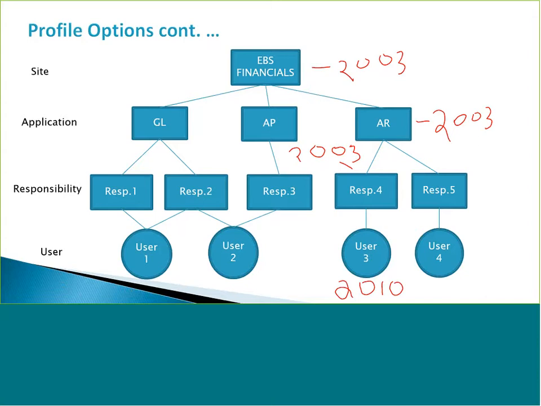Then this user will not be able to use that function, maybe the journal wizard, because the profile option that has been defined is 2003 and they have 2010, right? So maybe to make this example much clearer, we can say the user also has,